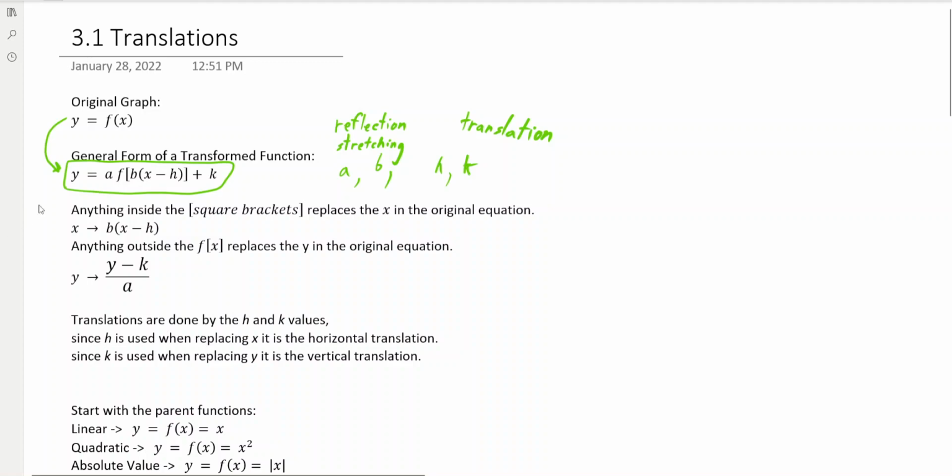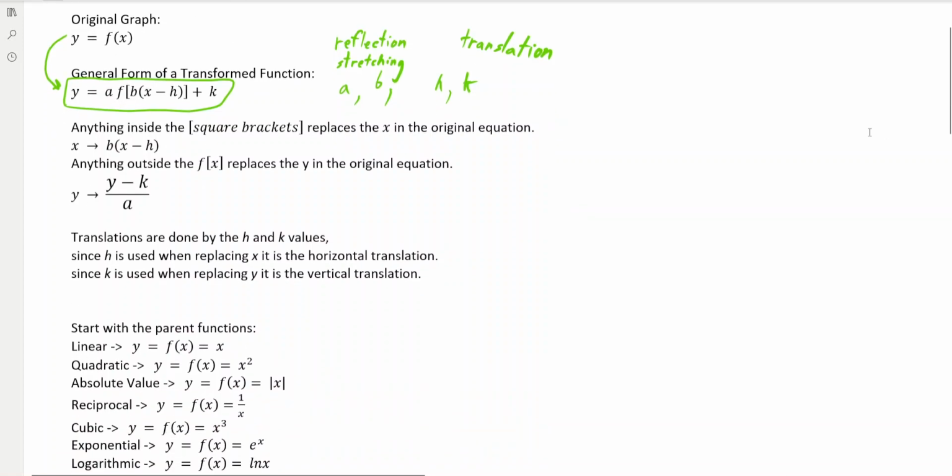It's a very general way of saying it. So anything inside the square brackets replaces the x in the original equation. If you look between these two square brackets here, that would be our x